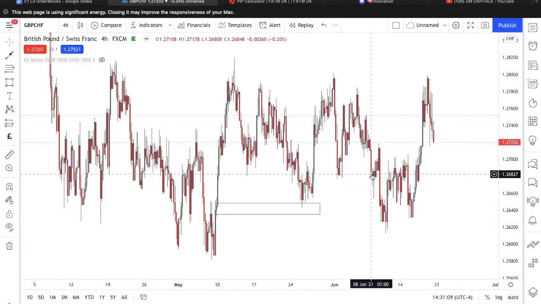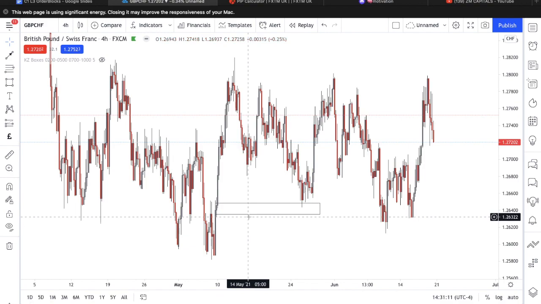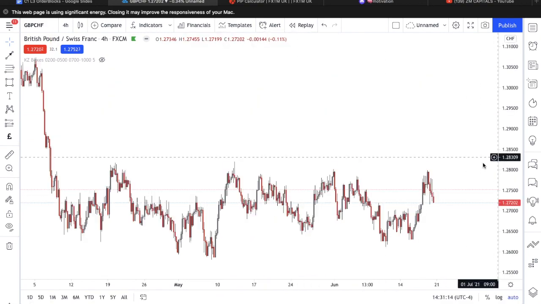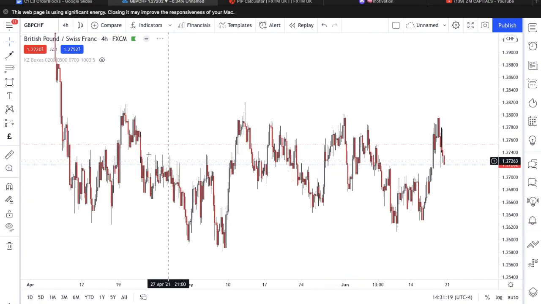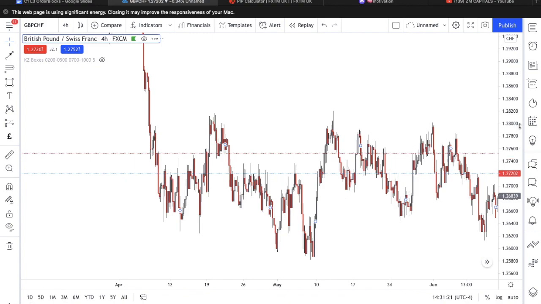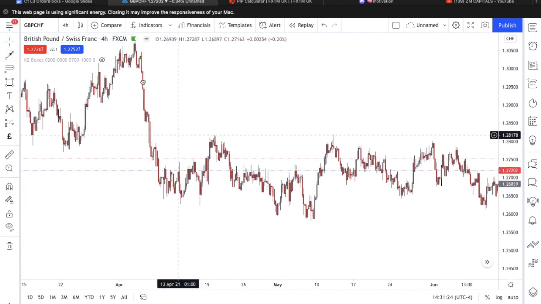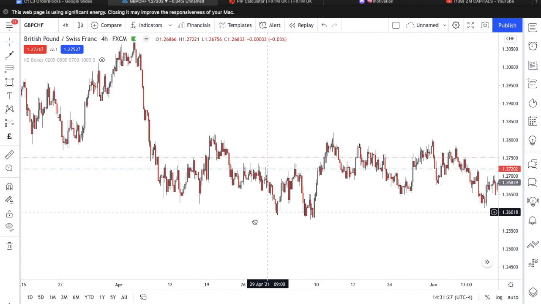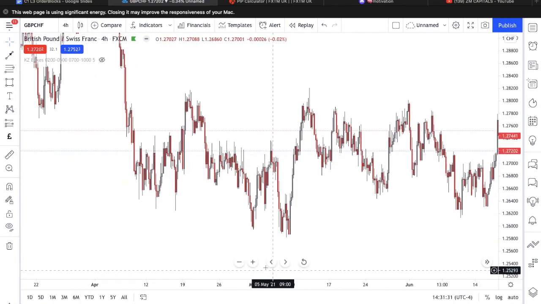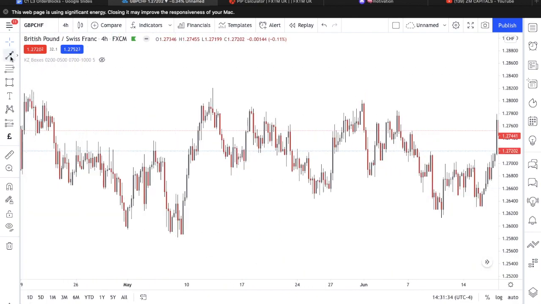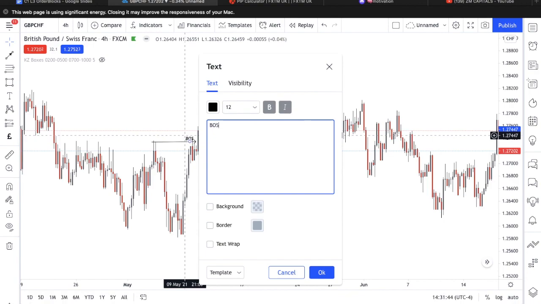So, how I took this trade and why I took it. Let's ignore that for now. Clear up the chart. So, first things first. Price was in a downtrend, right? Price was creating lower highs, lower lows, and that was our most recent lower high. Okay, so at this area over here is where we got in our break of structure, right? This is where the break of structure happened. So if I write that down, break of structure,